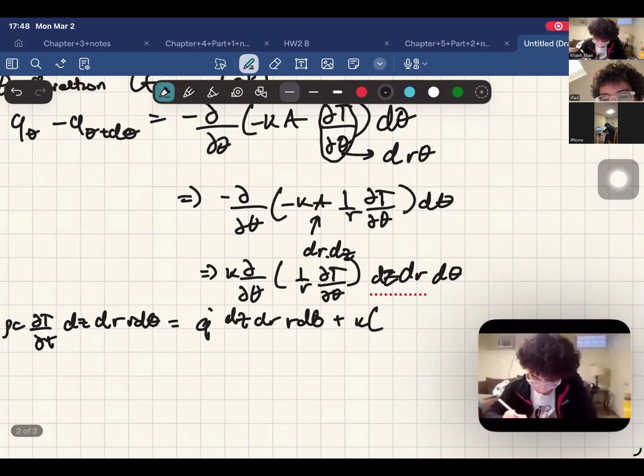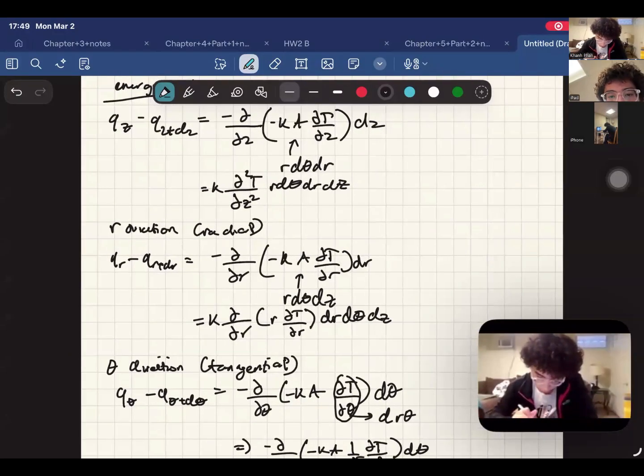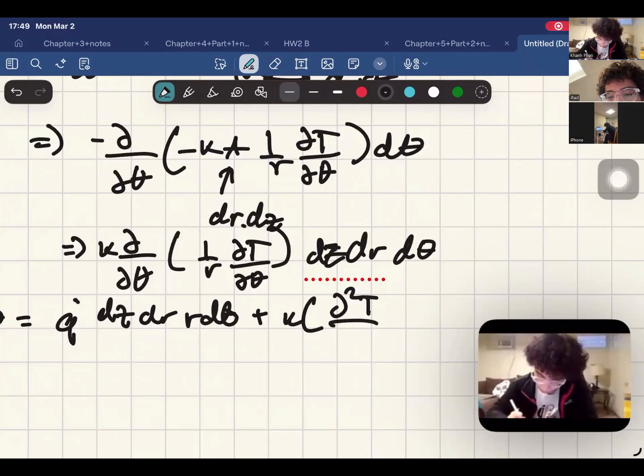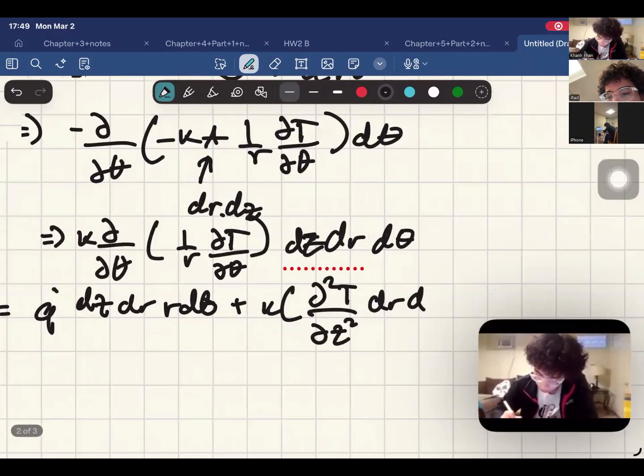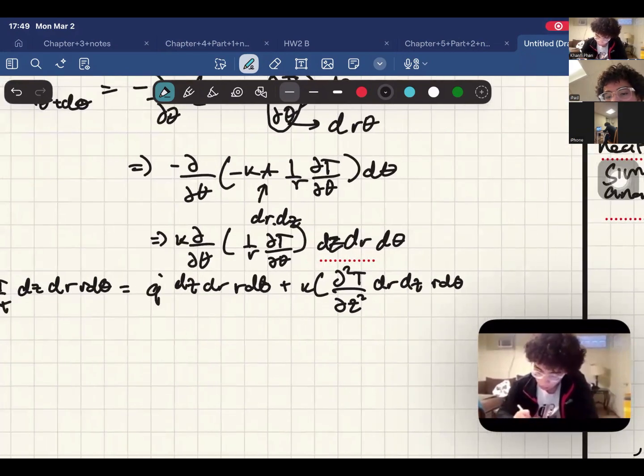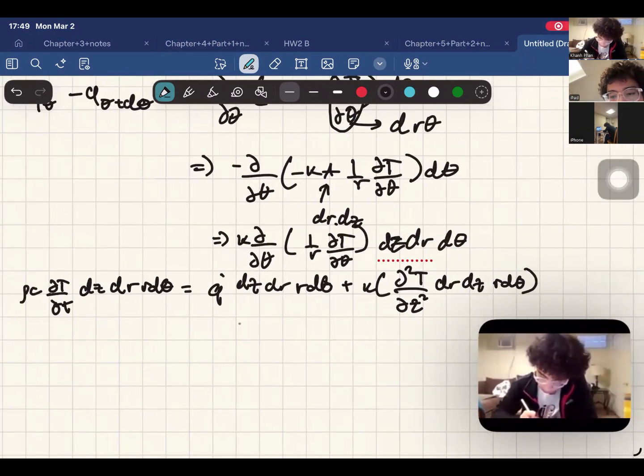Okay, so we have k equal to, over here we would cancel out, we would have this second derivative d squared T over dz squared, dr r d theta, plus